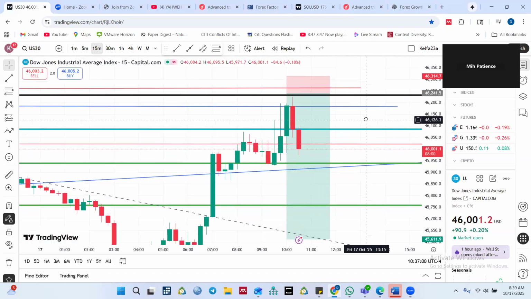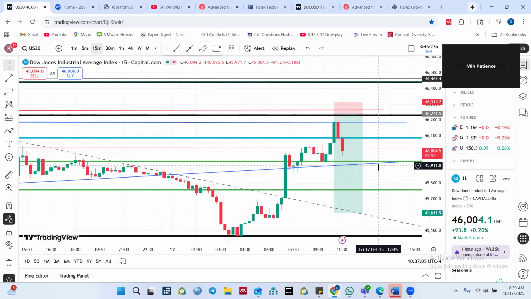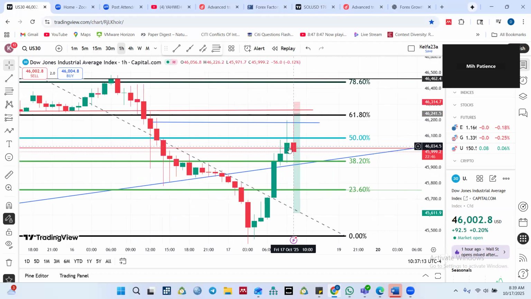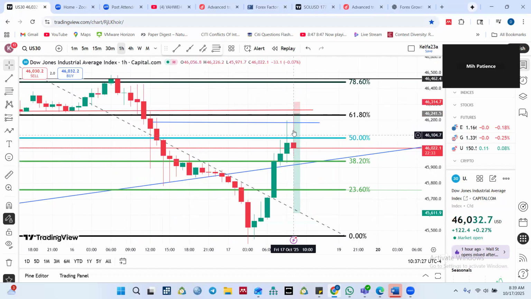So this is the trade I want to take today, but I'm not in it yet, though it's tapped into my entry. I'm waiting on the 1 hour. I'm looking at this current 1 hour candle closing bullish, though it has opened and it's dropping down. So I'm looking at it closing bullish above this place. And then the next 1 hour candle, if that one engulfs,